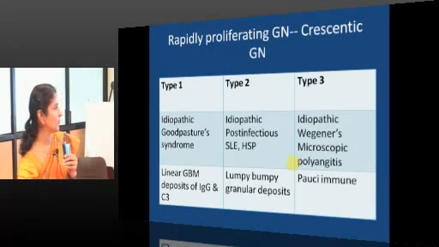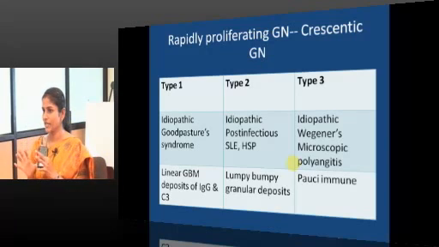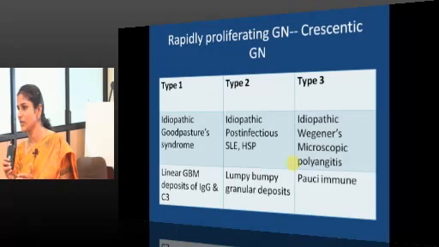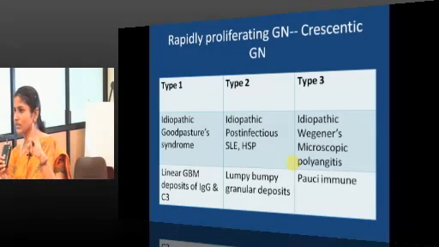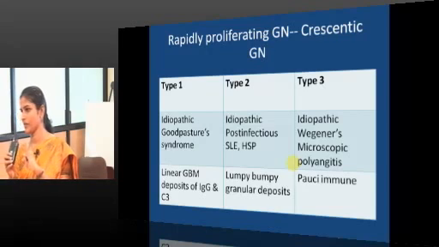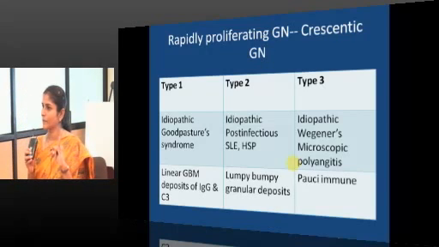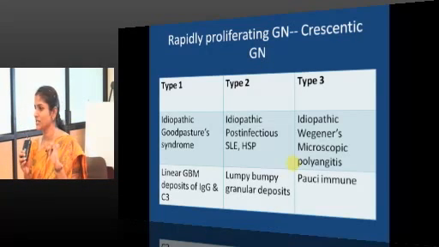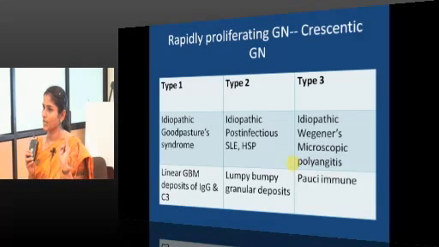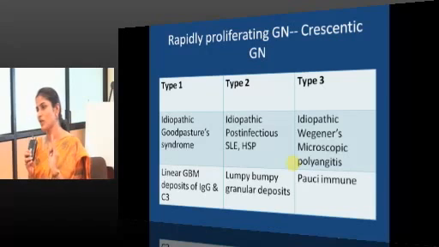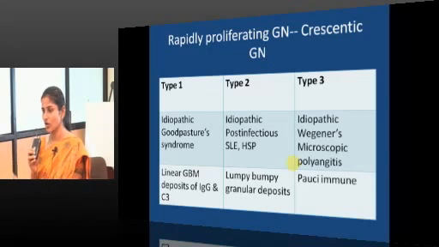And type 2, it is immune complex mediated vasculitis. You can go back to vasculitis and think how vasculitis will be classified. 1, by the size of the vessel wall involved: large, medium, small. For the large vessel vasculitis, temporal arteritis, Takayasu's arteritis. Then medium size vasculitis, Kawasaki, PAN. Small vessel vasculitis, we have a long list.